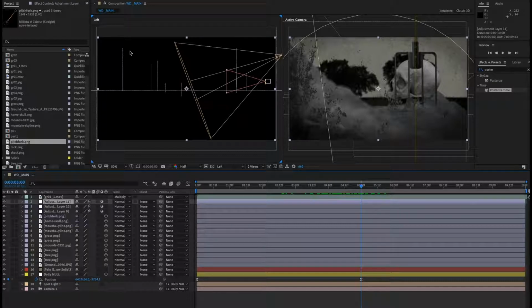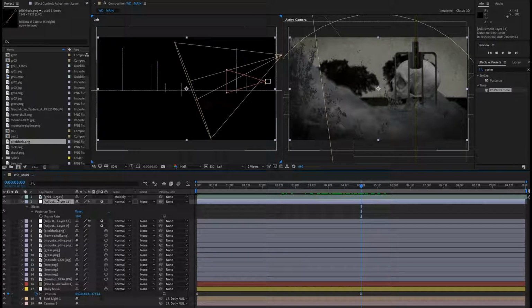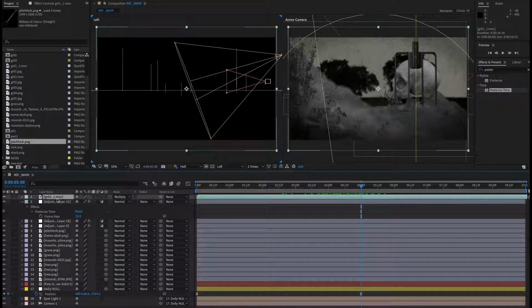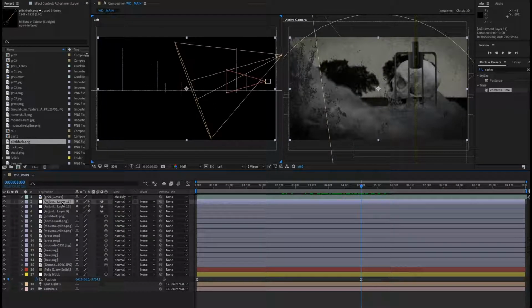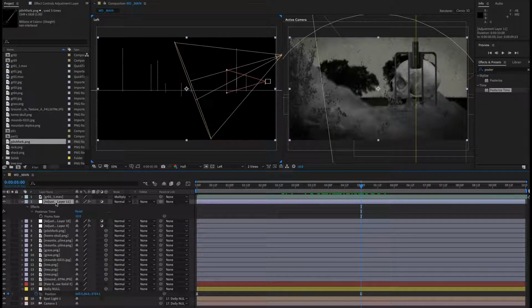adjustment layer. And by the way, I was going to put that below my grunge loop here, but I'm actually going to put this above instead. Or actually, no, that's fine. I can put it right here. The main thing you want to avoid is putting the flash below, because that's going to get messed up by your posterized time. Your keyframes will look weird and inaccurate if you put this next adjustment layer below the posterized